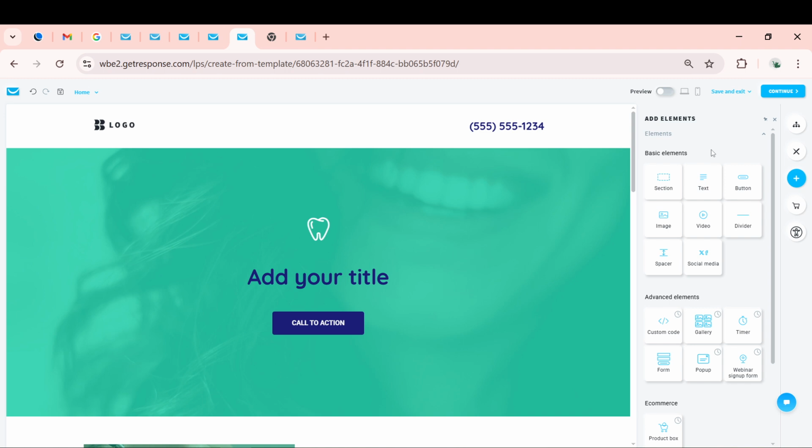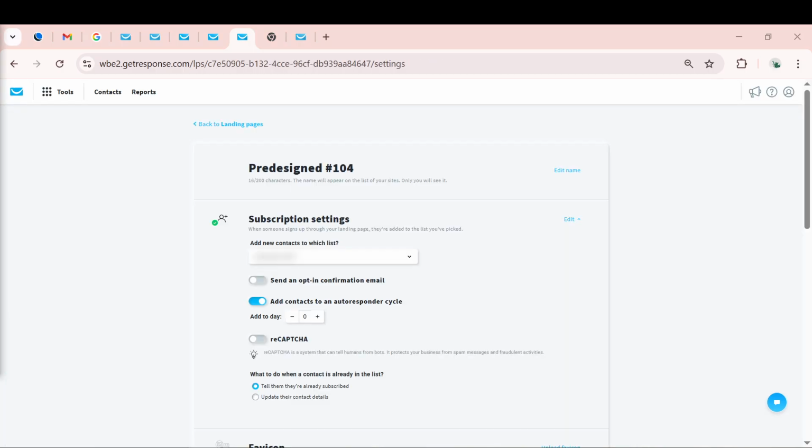Once your design is to your liking, think about the next steps for visitors who interact with your landing page. You'll need to customize what the page will look like after users successfully submit a form or complete any call to action. This could be a simple thank you message, a link to download a guide, or whatever suits your